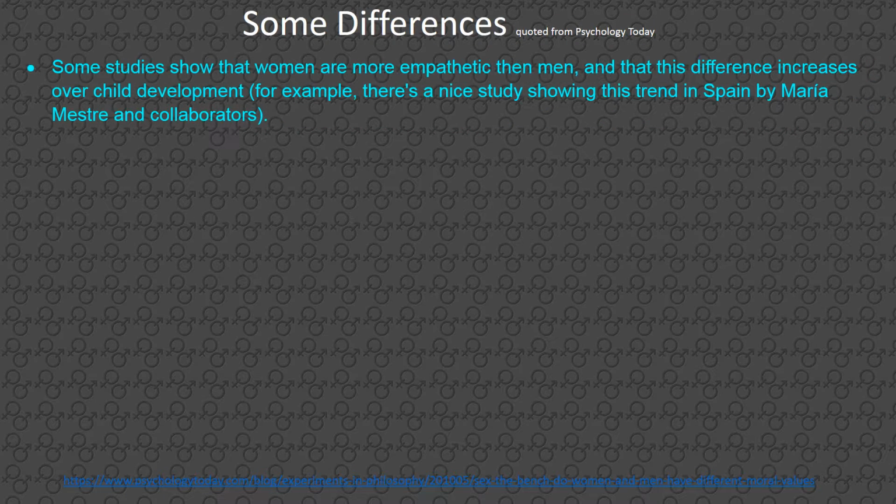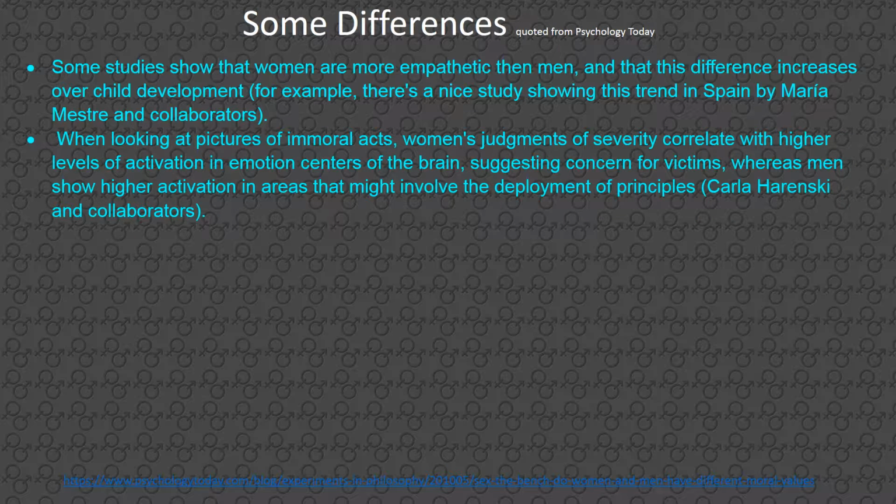Psychology Today's webpage had a nice compilation of a variety of studies as part of a meta-study, and so what I am presenting here is text directly quoted from that page. Some studies show that women are more empathetic than men, and that this difference increases over child development. When looking at pictures of immoral acts, women's judgment of severity correlate with higher levels of activation in emotion centers of the brain, suggesting concern for victims, whereas men show higher activation in areas that might involve the deployment of